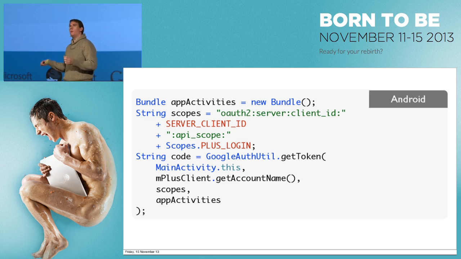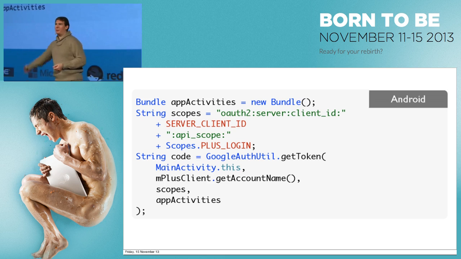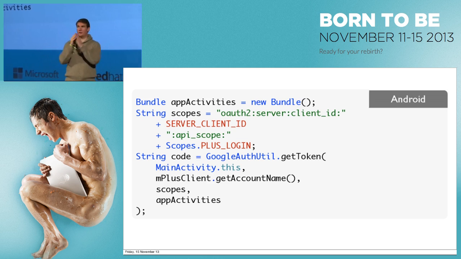The difference is when you will have to resolve errors on it. With a code, to get a refresh token, the user must have seen a consent dialog, which means if you call this in the normal flow of a sign-in, you will get a user recoverable error back, which when you resolve it is going to require displaying an intent. It's going to give them an account chooser and maybe a consent dialog, that kind of thing. That consent dialog has to be seen within a short time of you retrieving this code, or you can't do it, which means you don't want to do this as part of your normal flow.